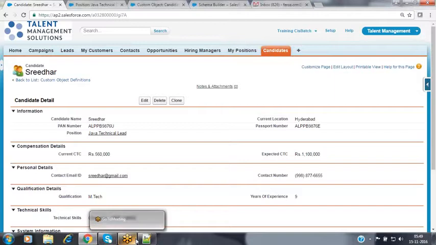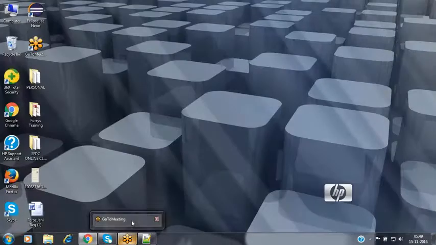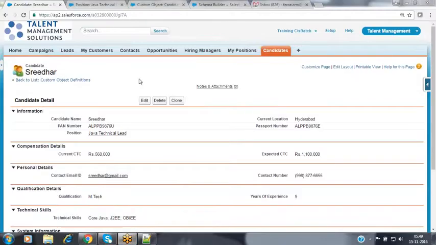So even if you log in with a different user, the owner field will not be there in the child record. Even if you are logged in with a different user, you cannot find that owner field. Whenever you get access to the parent record, you will automatically get access to all the child records.